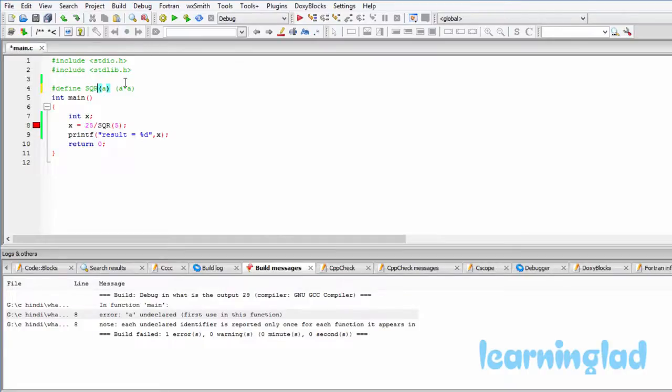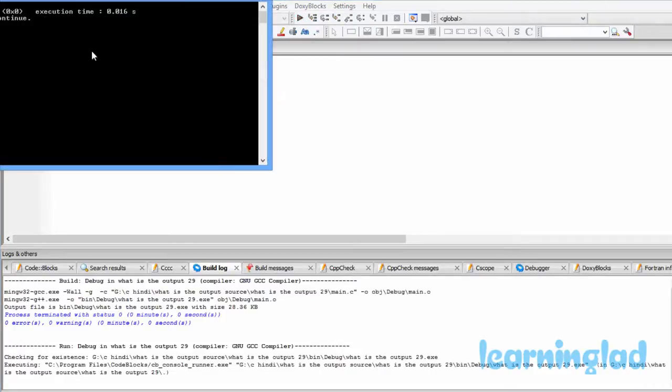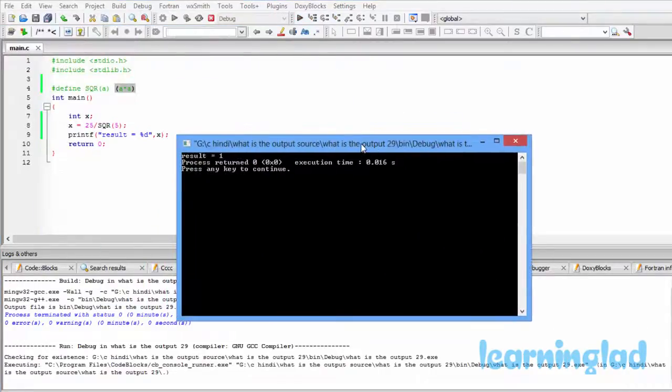So if I remove this space here, then the preprocessor is gonna treat this as a macro which is gonna take an argument. So whatever the value which we pass to this sqr macro, that will be taken for this variable a, and it is substituted in this macro definition. So now if I run this program, you guys can see it compiles properly and it produces the result